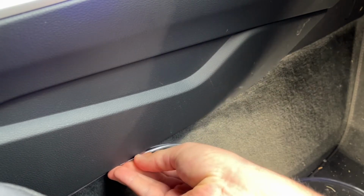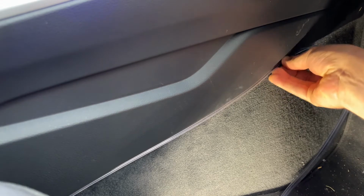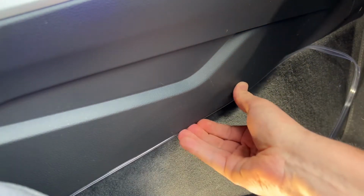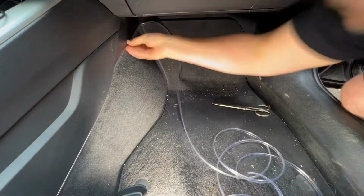And then you have to slide this light tube into the T cable. And after that, you connect this to the LED beam, and then you can choose what you like. The default is a blue light. It looks awesome. Of course, you can make more colors available if you dock the app with your